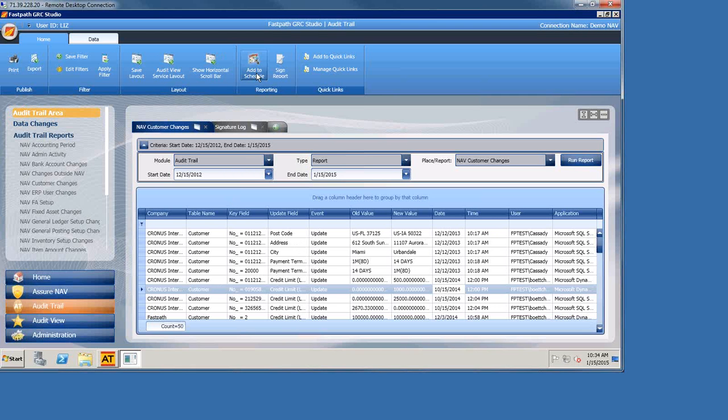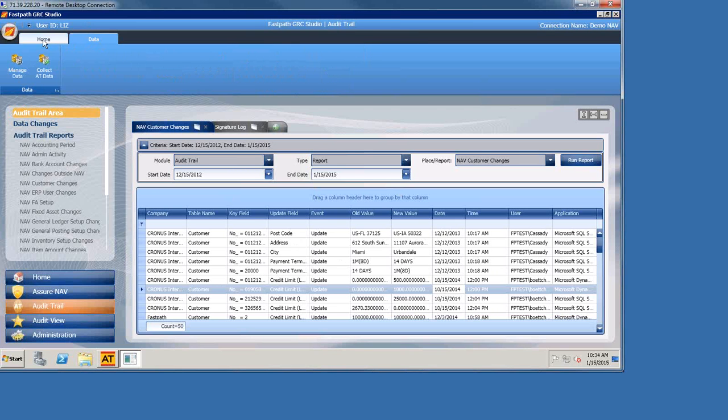Okay, thanks, Abby. So really quickly, I'm going to finish up with Audit Trail so we can get to Assure, but there are a couple of additional features that I want to talk about. The first is if you notice there's a Data tab up here, and that Data tab allows you to actually manage the data. So one of the concerns that people have about Audit Trail is what kind of performance issues might I have? How much data does this create? How big are my databases going to get, etc.